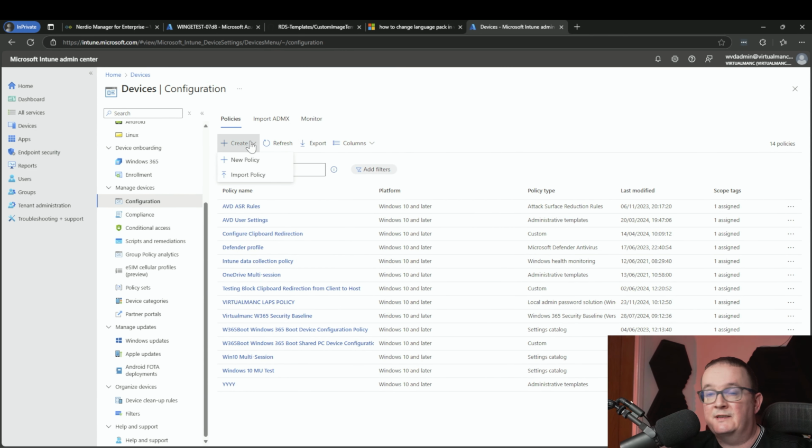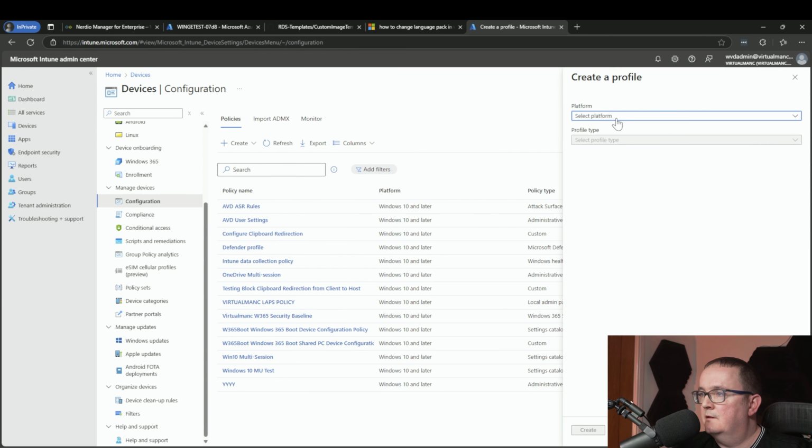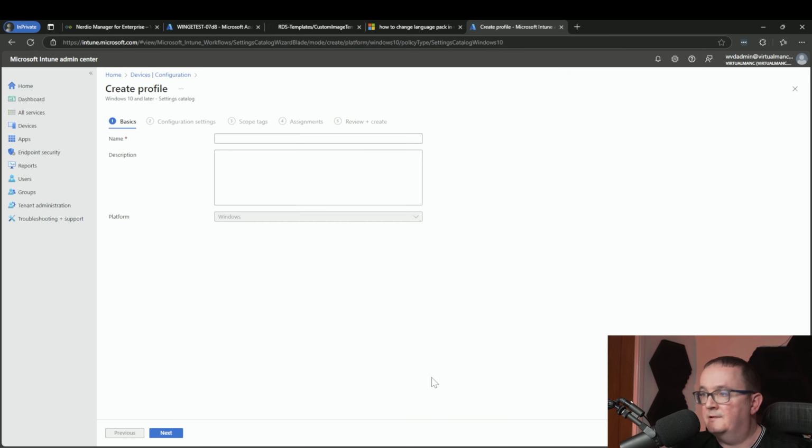First, we need to create a policy. Okay. I'm just going to create a new policy. Select a platform, so it's going to be Windows. Select a profile type. It's going to be settings catalog. So we click create. And I'm just going to call this whatever I want. So I'm going to call this French